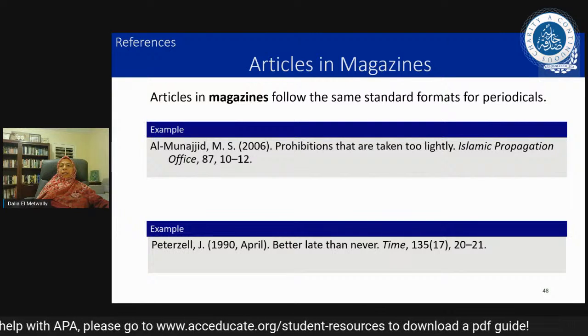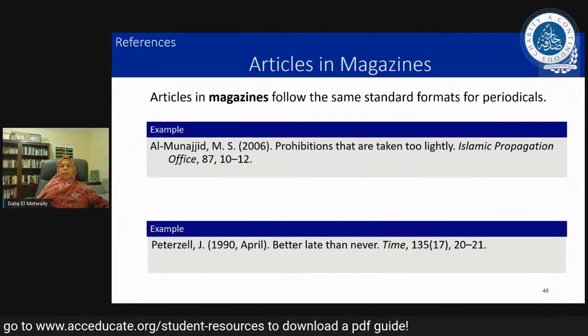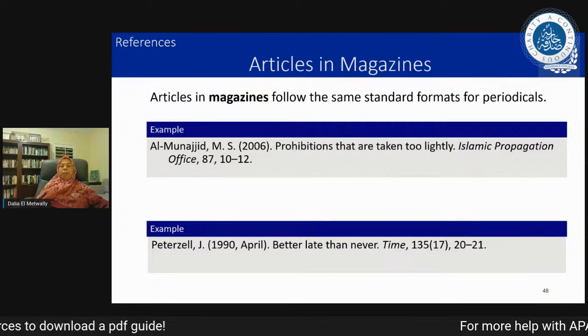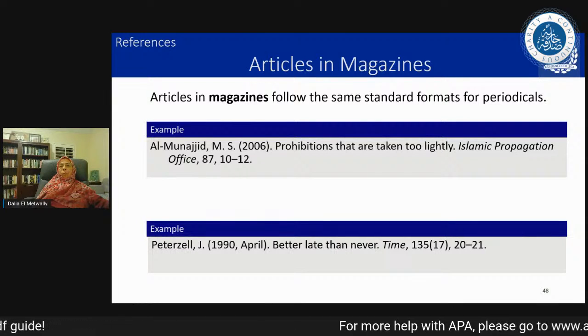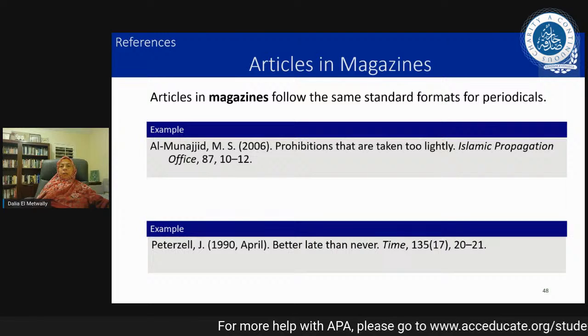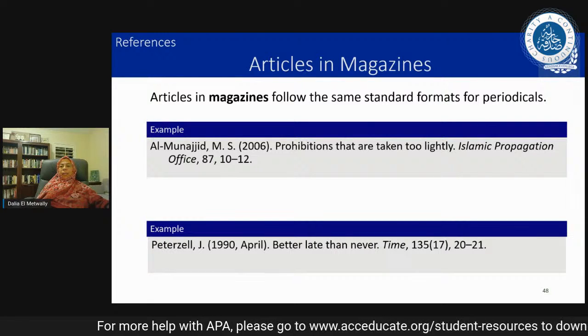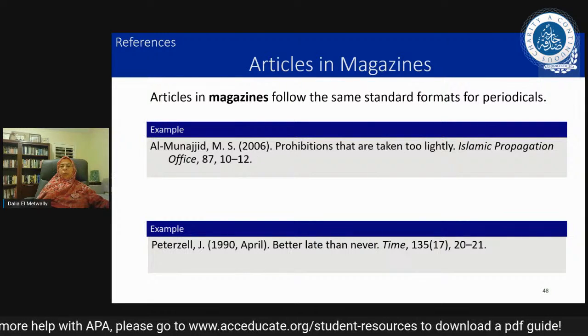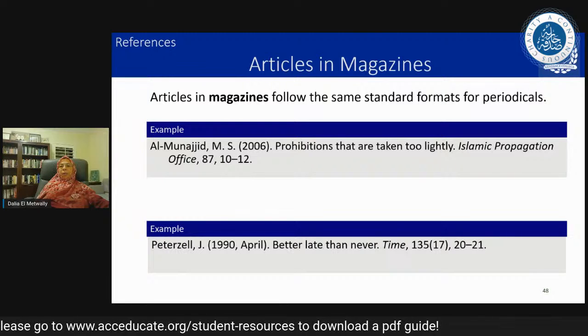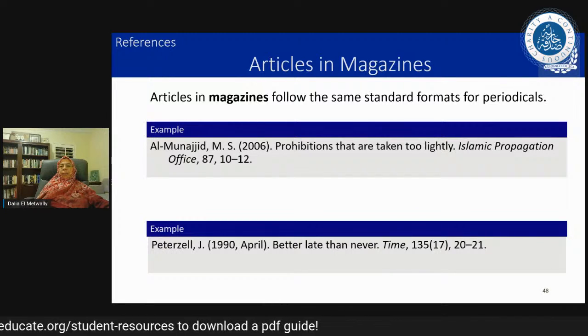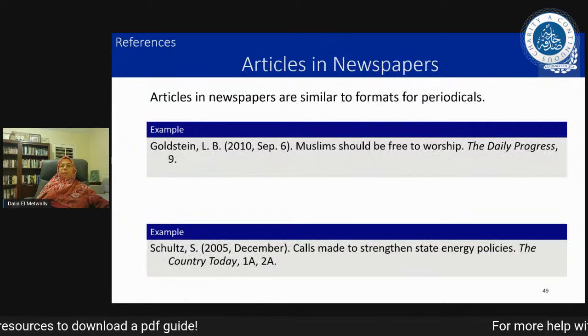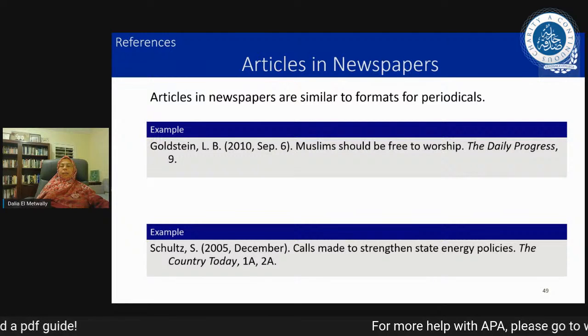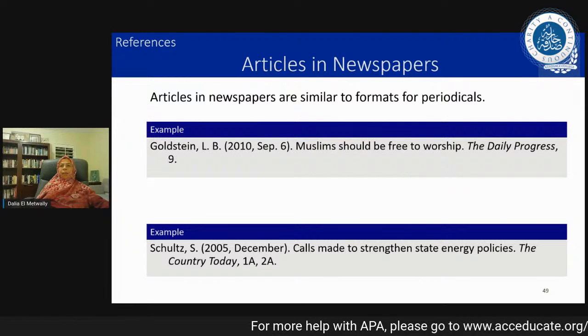And then this is another example. This is a secular example. I wanted again to show you that there is a comma and then a month if there is more than one edition or more than one article in the same year. And this is how we do the rest of it. I've been explaining this, so I think it's clear. I don't want to bore you guys to death.